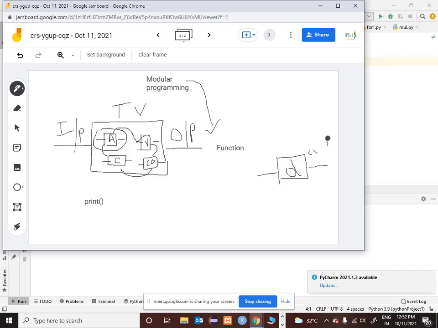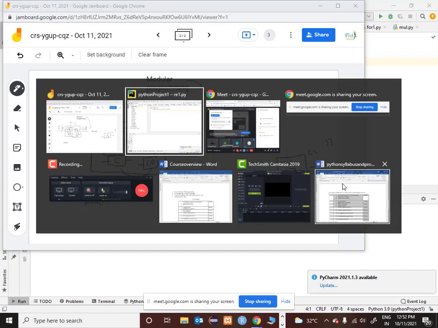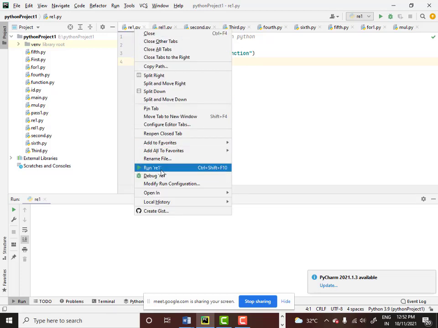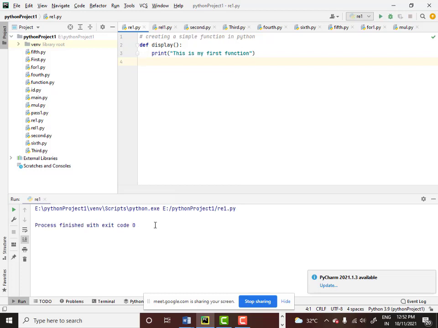The output it is printing is, this is my first function. Now if I run this particular program, you will not get any output. The reason is you have just defined the function, but just defining the function doesn't work. You have to call the function.